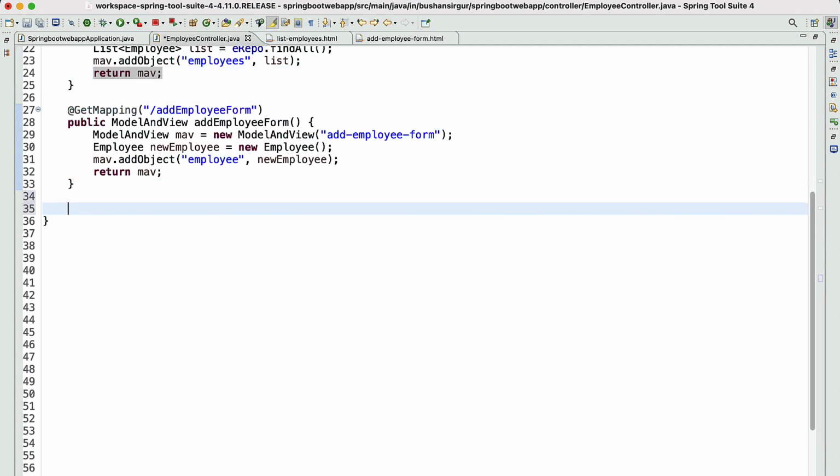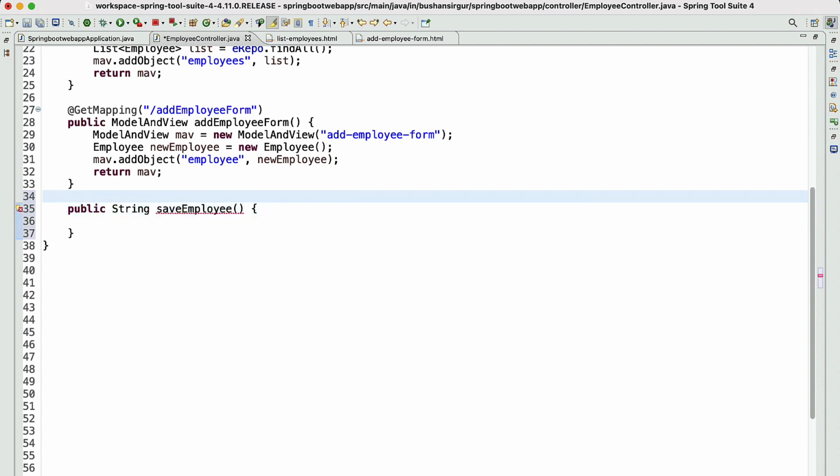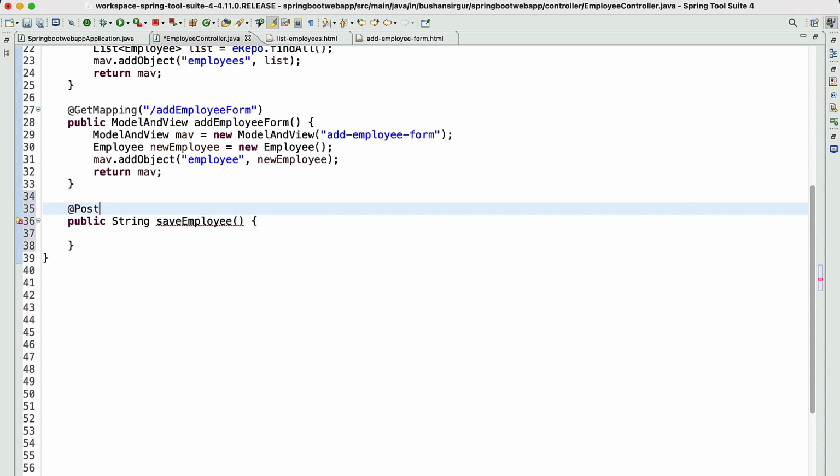We are going to create a new handler method, public, this is going to return string, save employee. We will add the post mapping annotation, and we will provide the URI, which is save-employee.